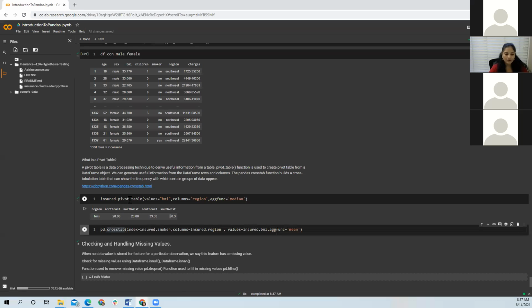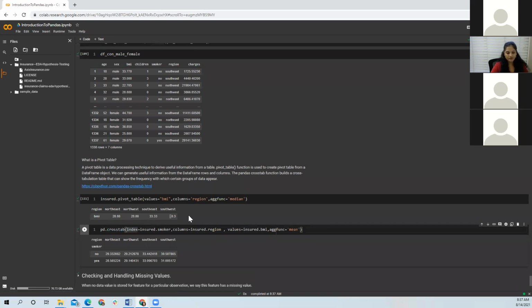Like pivot table, we have something called cross tables. This will give you more in-depth information. I wanted to know the BMI for a region, and whether they are smokers or not smokers. So here I'm mentioning the index as smoker. That gives me these two bifurcations: if they are non-smokers, I get a separate row, and if they are smokers, I get a separate row.